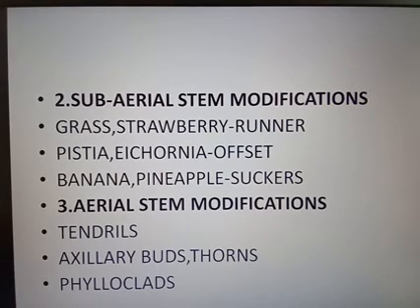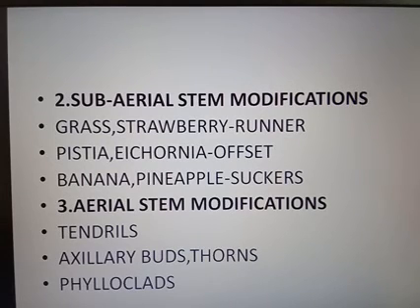In citrus and bougainvillea, they have thorns. The thorns are modifications of the axillary buds. Citrus means the lemon family. In citrus and bougainvillea, the axillary bud modifications are the thorns. And in the case of Opuntia and Euphorbia, the flattened structure is a modification known as phylloclade. Clear, phylloclade.